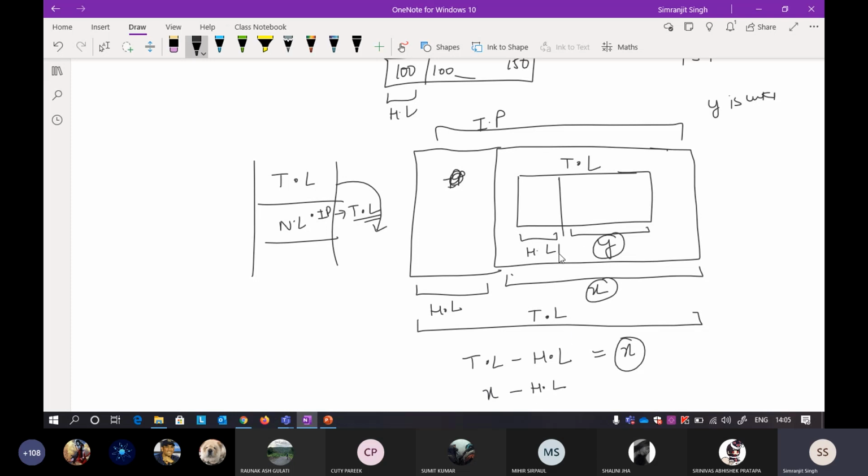This is header length 1, this is header length 2. When you minus header length 2, you will get the value of y. That is how you calculate it, and that is why I say everything is systematic here. There is no need to add a total length field because the total length field already exists in the IP header.